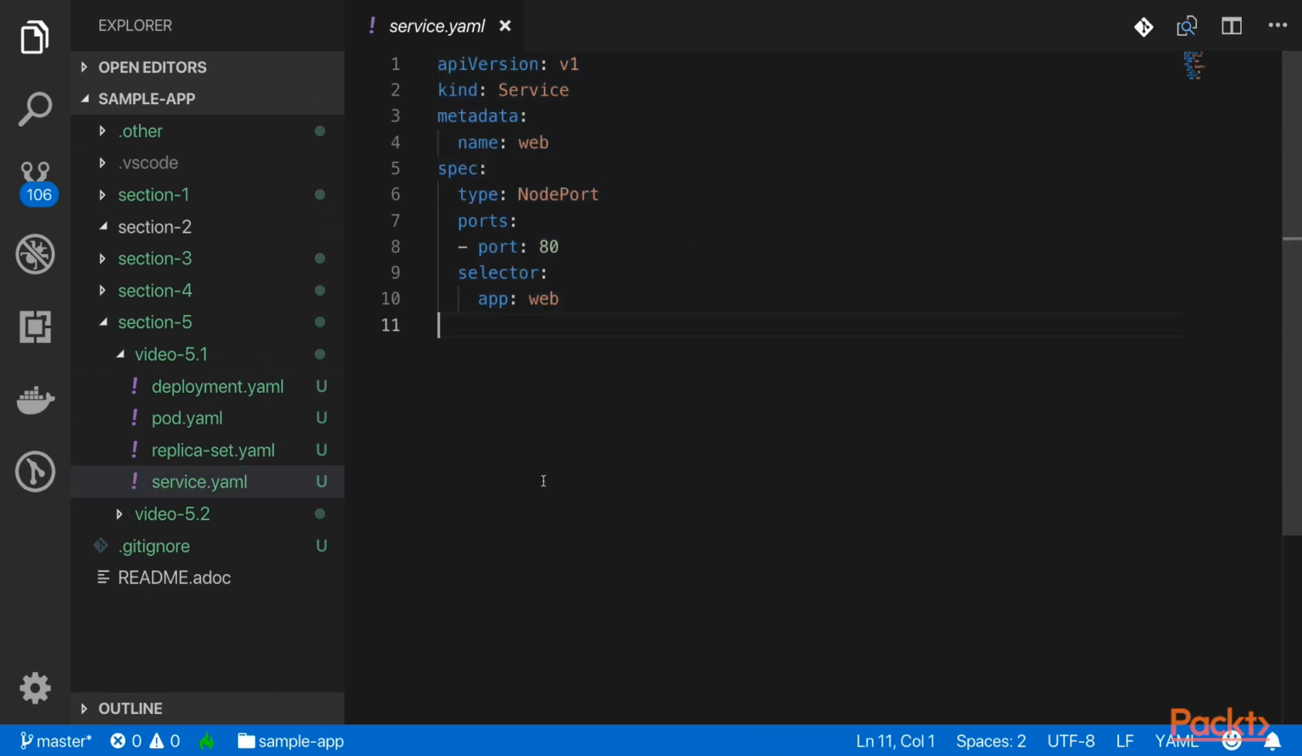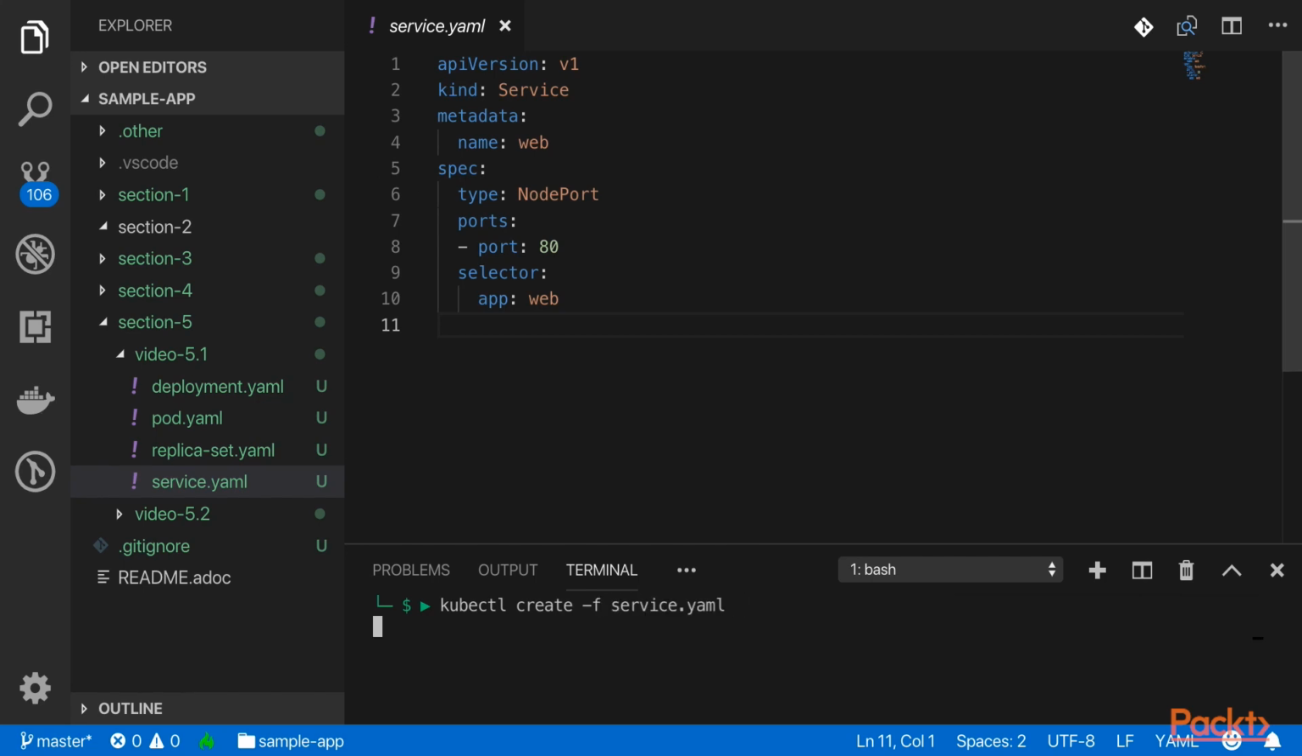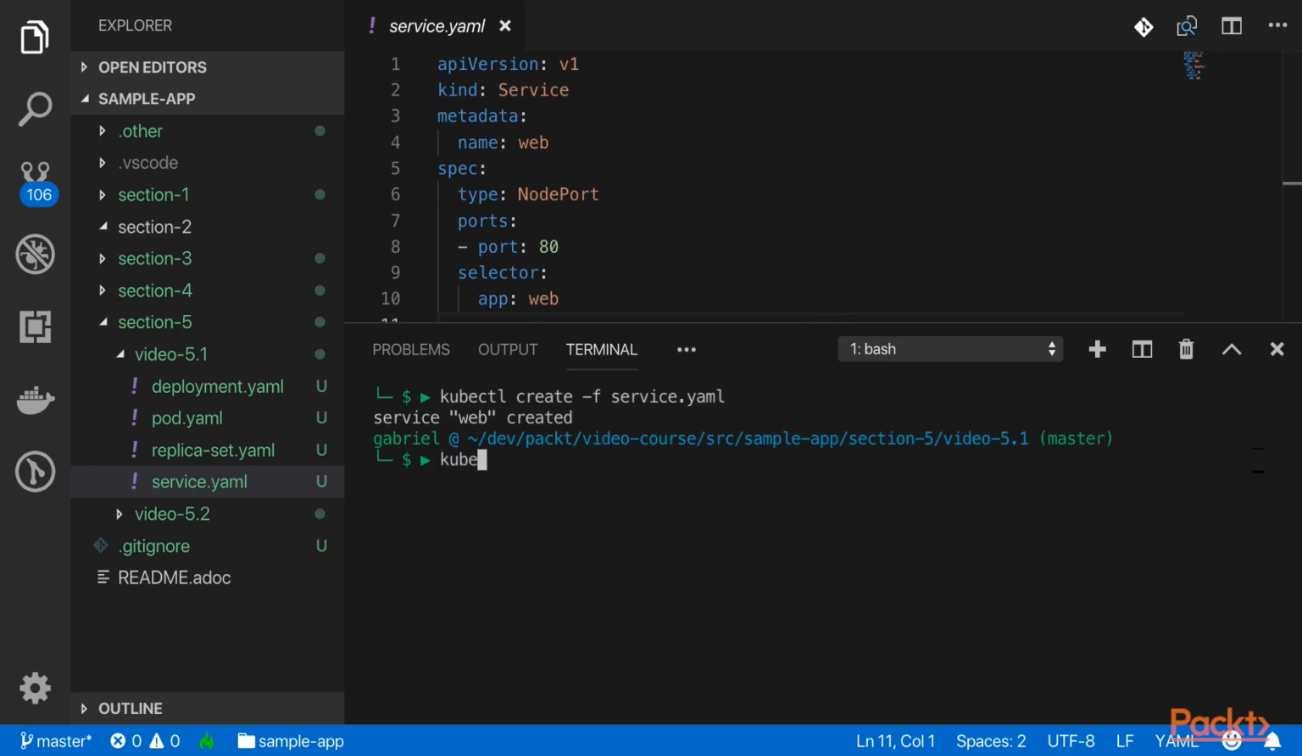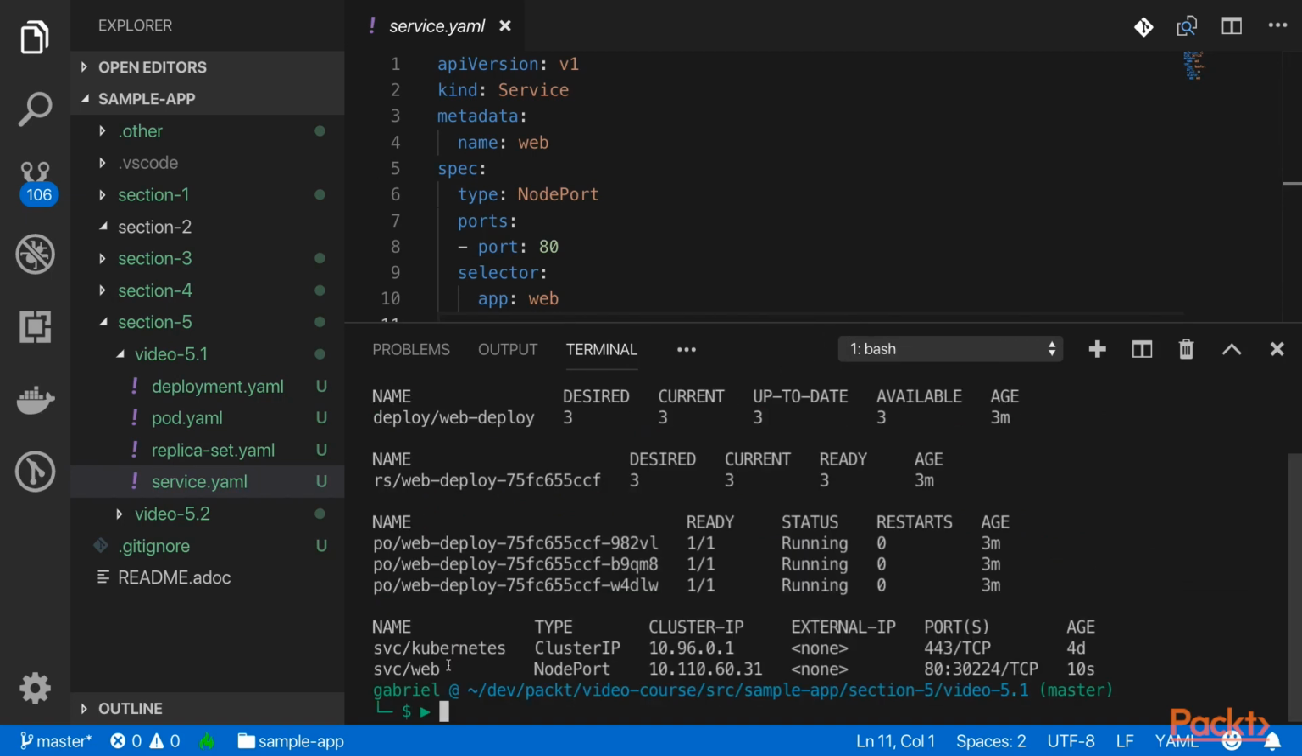Here I have a specification for a Kubernetes service. We can create this service using kubectl, and we can try to list everything. And here I see a line for the service that I have just created. It's a NodePort type of service, and it exposes the port 80 of the container to the host port